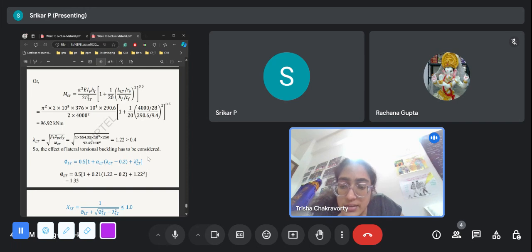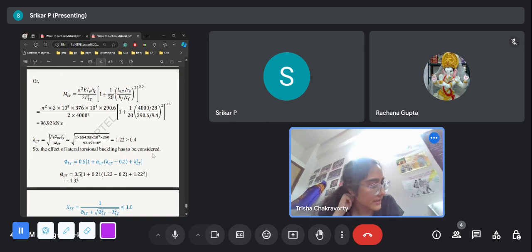This is the non-dimensional slenderness ratio. Just like in compression members, if the slenderness ratio was above a certain limit, we would consider the effect. In compression members, as the slenderness ratio increases, the allowable compressive stress decreases. That kind of relation we had. Here they are saying that if the slenderness ratio is above this limit, we have to consider lateral torsional buckling. Otherwise, we will not consider it. This is understandable, right? If your slenderness ratio increases, torsion and buckling become problems.